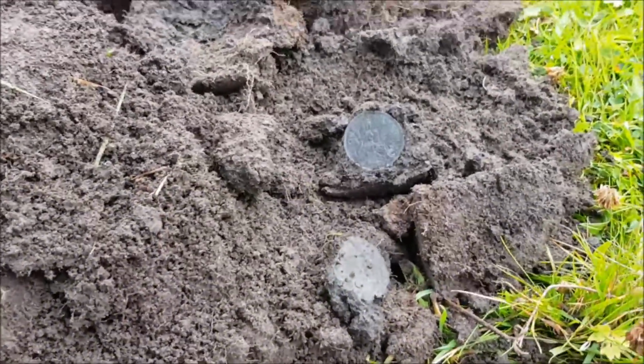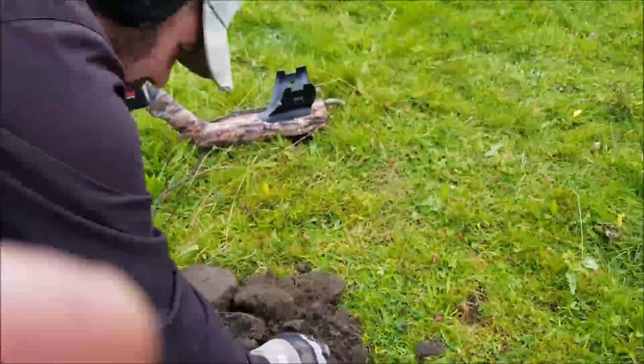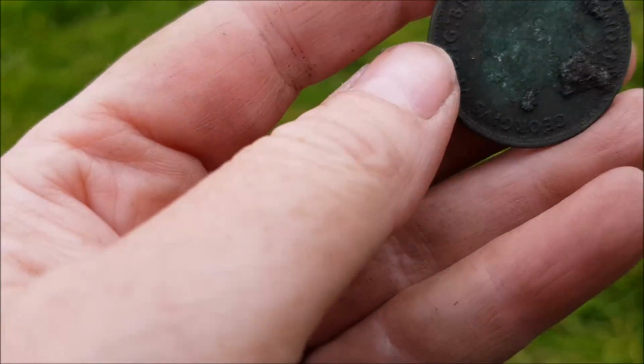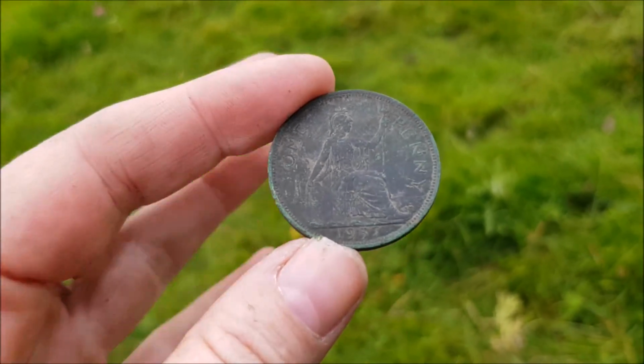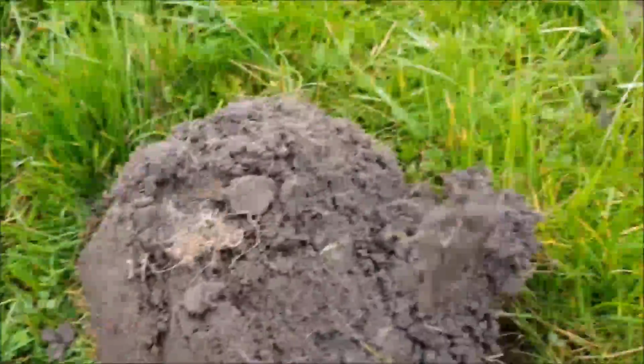Hey, that's a good penny there. It's a nice condition. George V, 19... Can't tell. I'm not sure. This isn't a big hammered coin. I don't know what it is though. It looks like